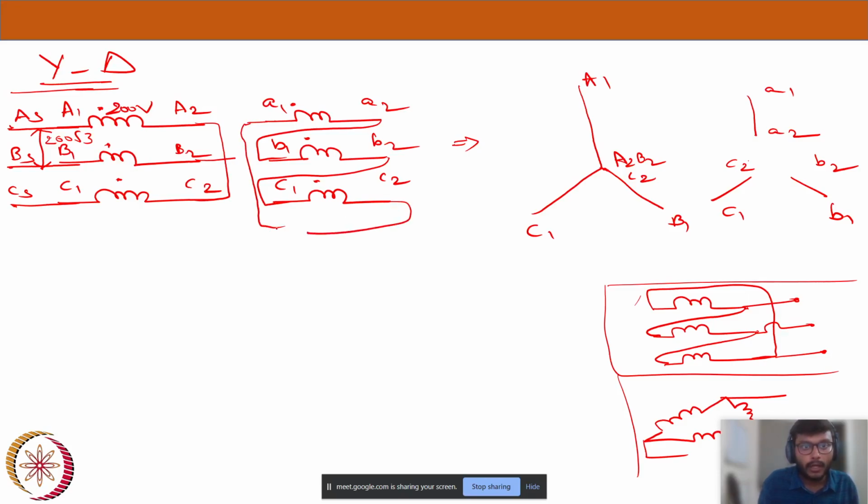Before joining, I'm making sure I'm not short circuiting any big voltage here. Before shorting A1 and C2, let's see whether our connection is correct or not. So if you see the phasors now,